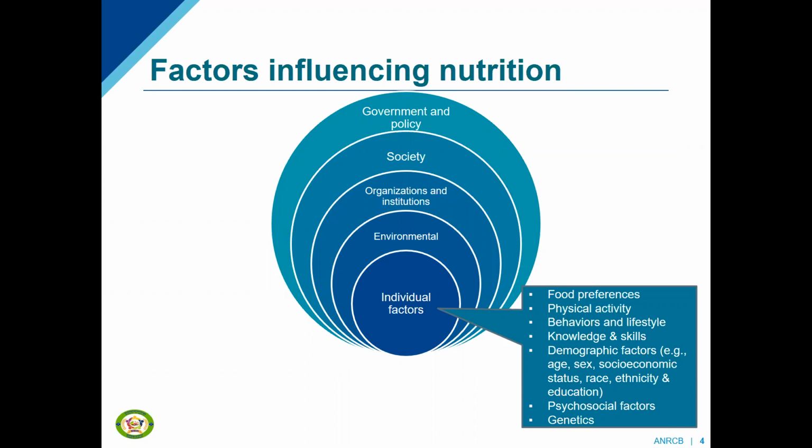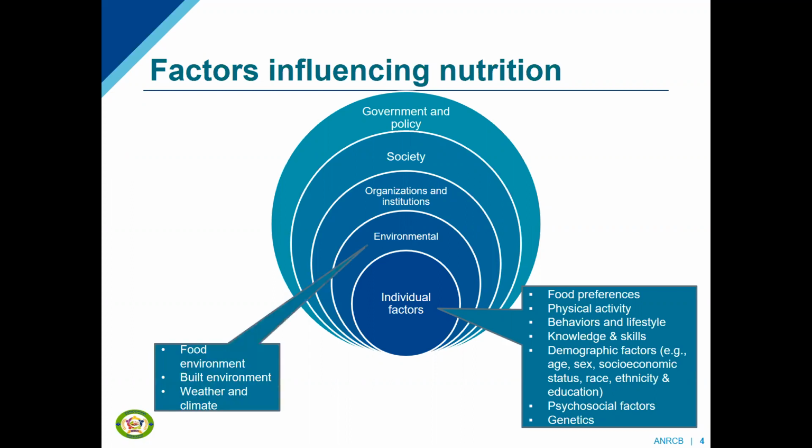Nutritional needs and eating patterns vary depending on demographic background. For example, the needs and diets of children are, of course, different from those of adults. People of differing socioeconomic status have different barriers and challenges in accessing foods. Our preferences and which foods we like to eat can vary depending on our ethnic, cultural, or religious backgrounds. Mental health can also affect our patterns of eating, as can the support we get from our families and our communities. Finally, genetics can also play a role in our nutritional needs and metabolism.